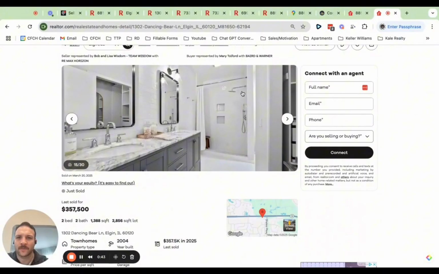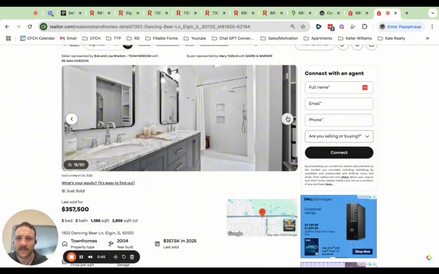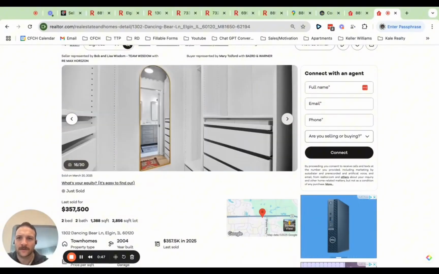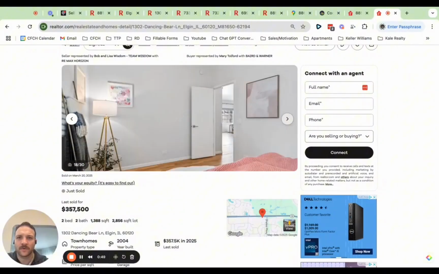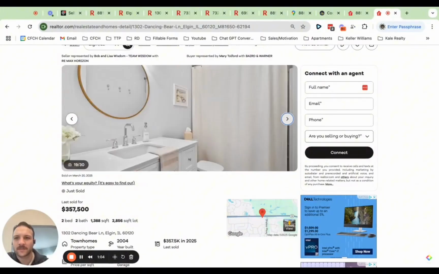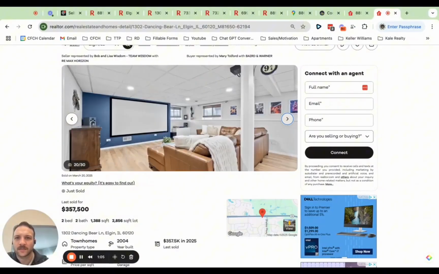If you remember from the other properties, they were more just standard subway tile, older, nice built-ins. Which really, when you look at properties, you're really looking at the kitchens and bathrooms, and then obviously everything else matters like the flooring, paint. But when you look at this property, you can tell that this is just done nicer.